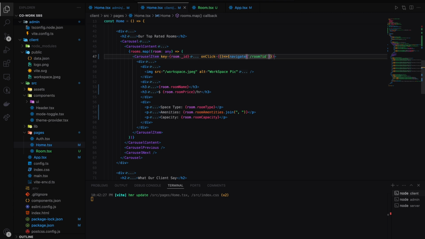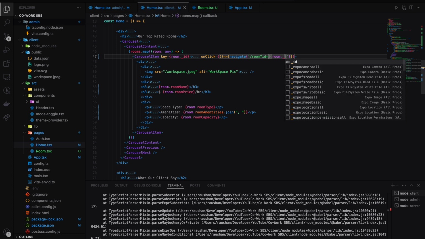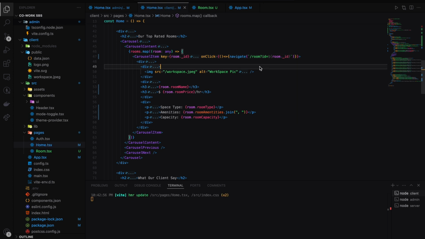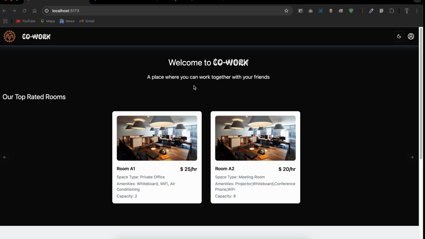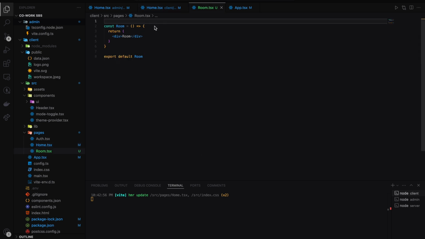Give it an ID equal to room._id. Okay, let's see if we click here. Yeah, you can see we go to the room page, and here we have an ID. Okay, that's fine. And in the room.tsx, let's get that room const,